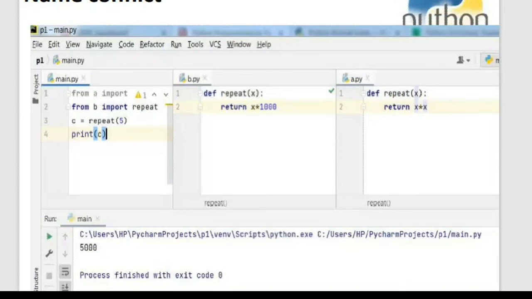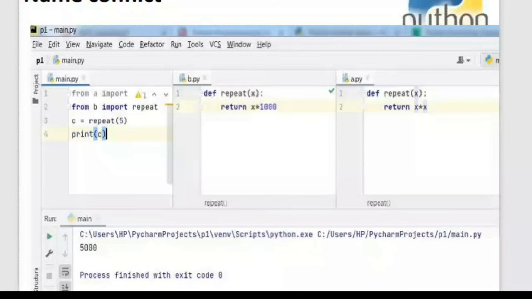We have written that program: I have written in one module the program to find the largest among two numbers. That function I have imported in the other module, and I have executed that. So successfully the module is imported in the other module, and it is executed.